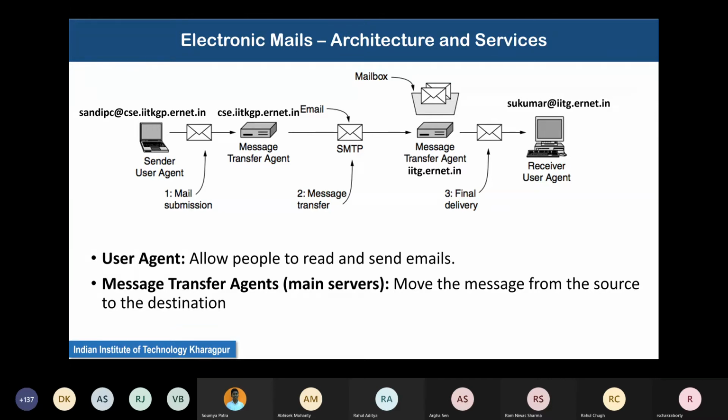In fact, that was the case earlier where people used to write letters much more frequently, and sometimes if you were eager for a letter, you would physically go to the post office in the morning and ask, is there any letter in my name? The post office would say, yes, there is a letter. You want to take it yourself? And if you are really eager, you would say, yes, please give it to me right now. Otherwise, the postman will deliver it to you, but that will probably be the next day.